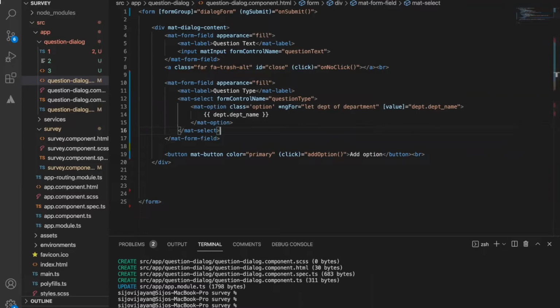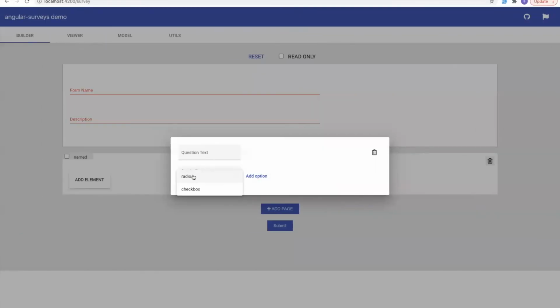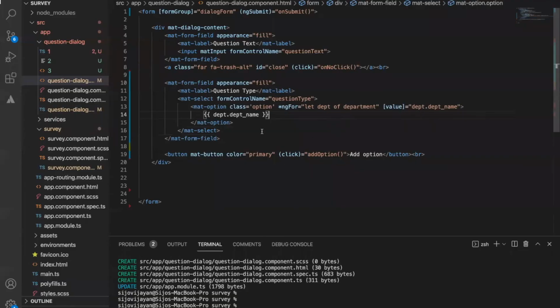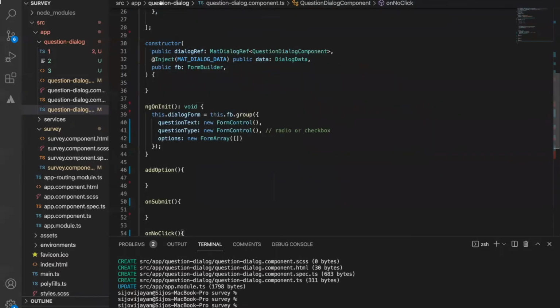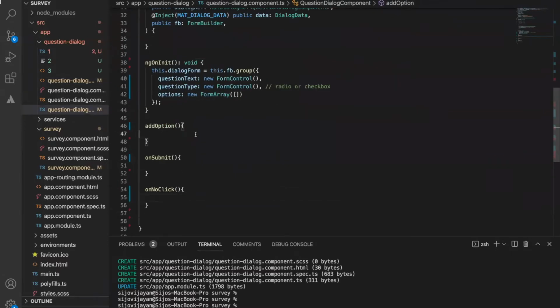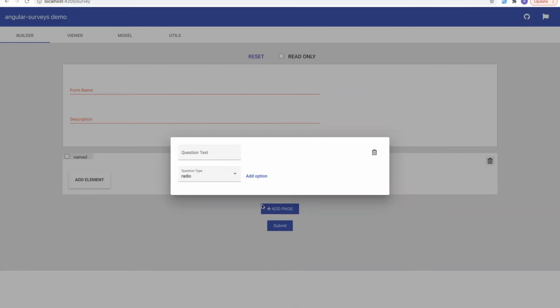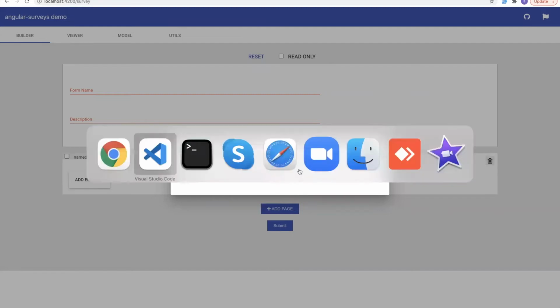So the next thing is on the select of this option. When we click on add option, we need to show some new controls underneath, right? So for that, what we should do is on add option here. So here we have the add option. What we need to do is push new controls under these options. So let's do that. On the select of this add option, on click of this button, we need to get this value. I will show you how we can get that value.